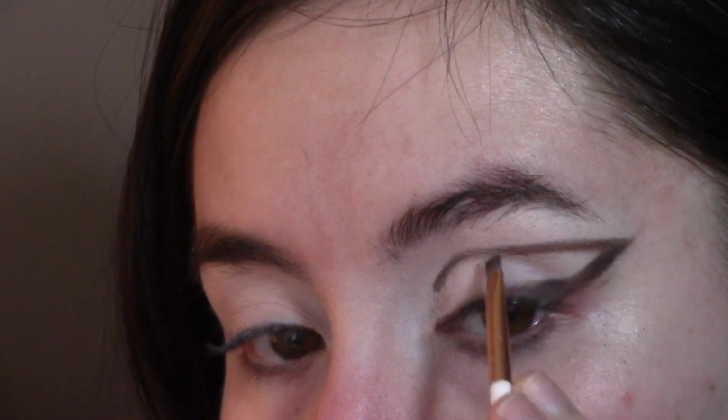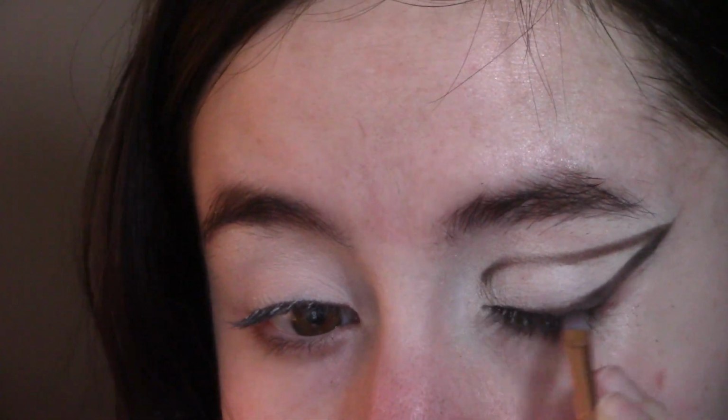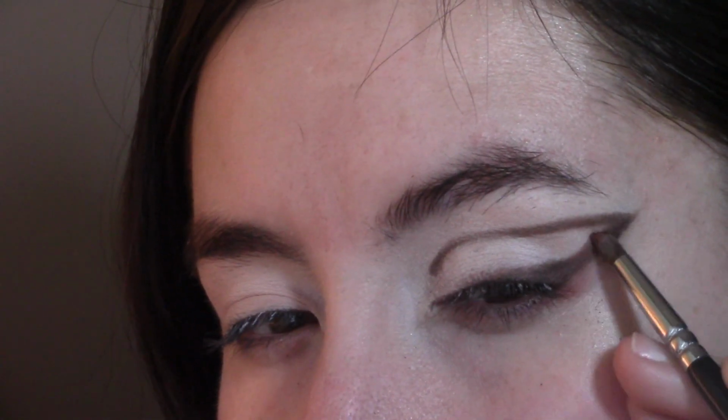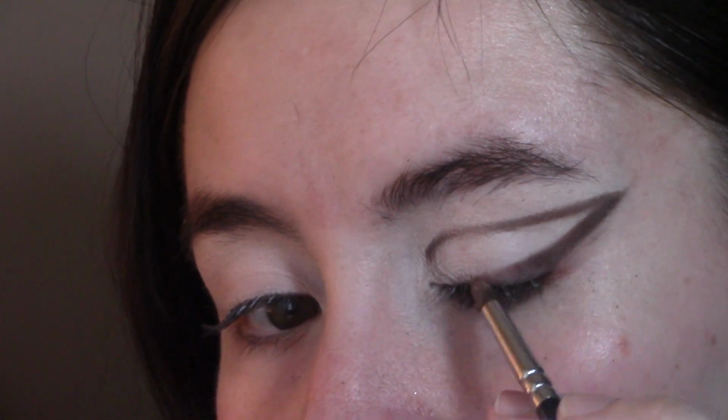This look definitely didn't turn out as exact as I would have hoped, but like I said, my eyelids are not as gigantic as hers. She has a lot of real estate up there that I do not possess, and this is definitely more on the wearable side. So we're going to take this really pointed, tiny brush, and we're going to start buffing that